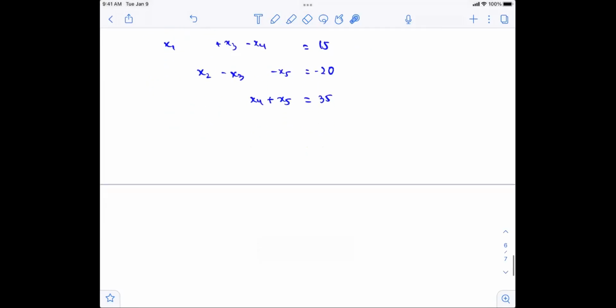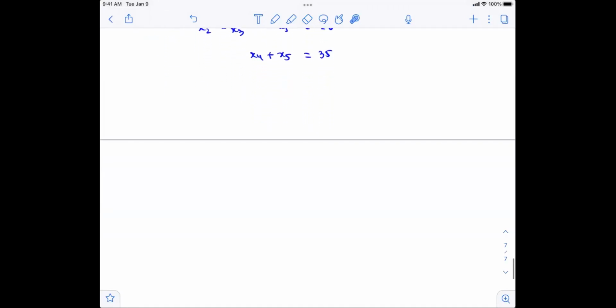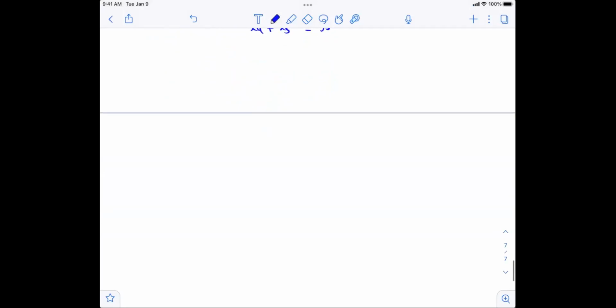And then from here, what we can do is form the augmented matrix and use Python to help with the reduced row echelon form. I'm going to skip that particular part because we already did that for the last example. So I'm just going to write down the solutions here. So the reduced row echelon form of the augmented matrix of the system